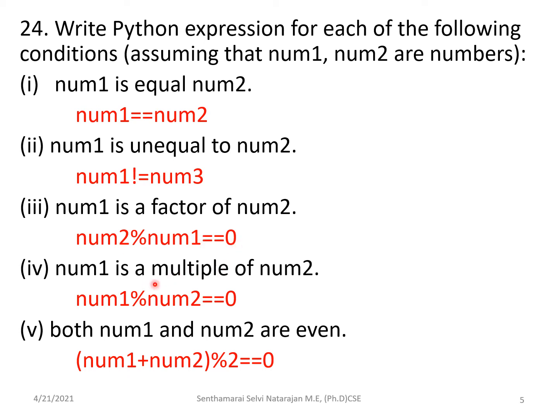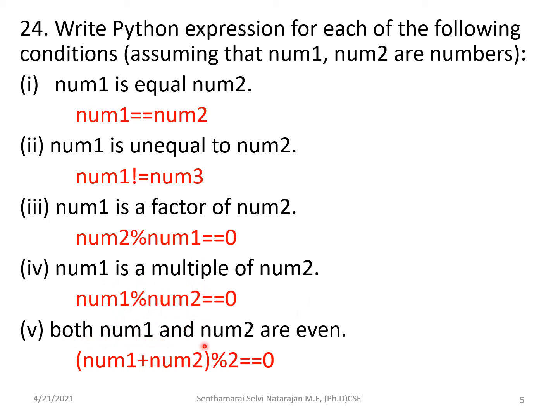Then, num1 is a multiple of num2. How can you say that? Again by using the modulo division. If it is divided, then it gives a remainder of 0. So it is a multiple of num2; if you are considering the multiples of 2, that means 2, 4, 6, 8, 10, and when 2 is divided by 2 it gives 0. Likewise 4 divided by 2 gives 0. So that number should be the multiple. Here num2 is specified as the divider, that is, the divisor.